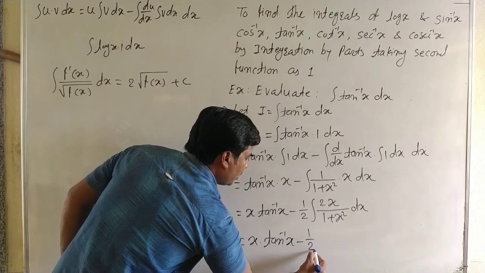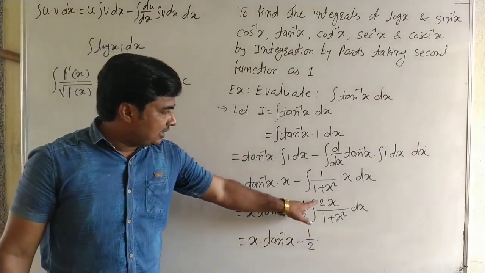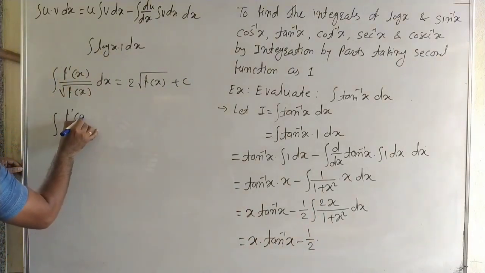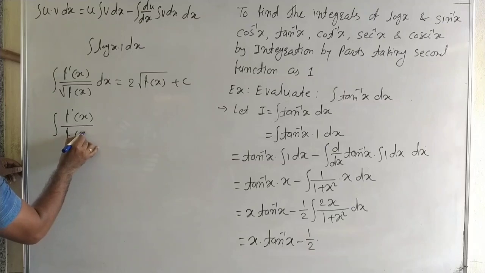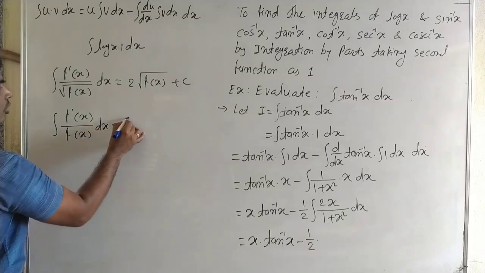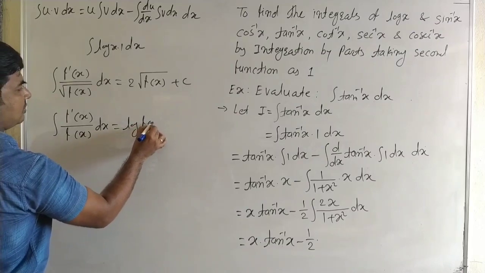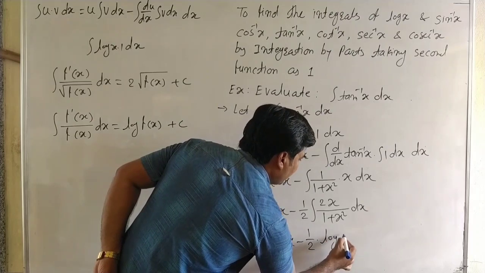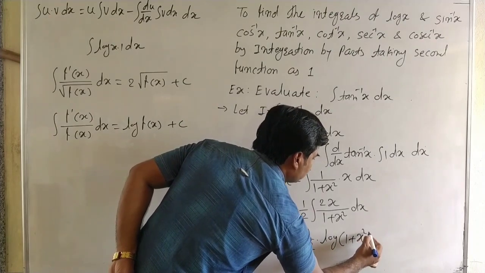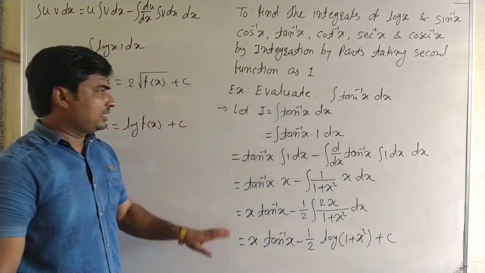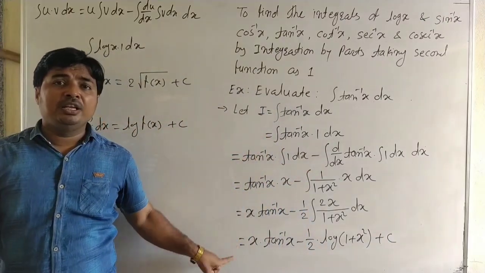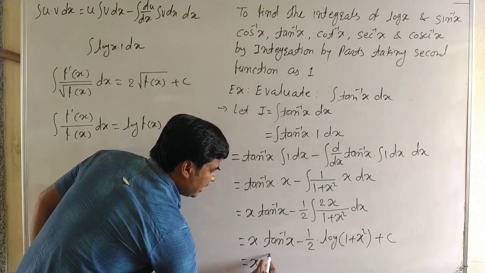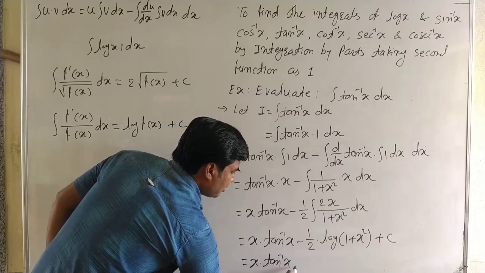minus 1 by 2 into f dash of x upon f of x. You know, it is f dash of x upon f of x. Its integral is log of f of x plus c, and therefore its answer is log of 1 plus x square plus c. Okay, here it is the last answer. It is the integral of tan inverse x. Okay, it is sufficient for the board exam. Its answer is tan inverse x minus 1